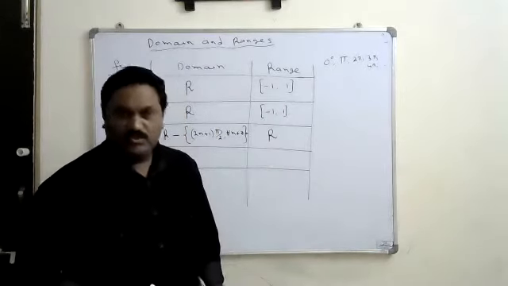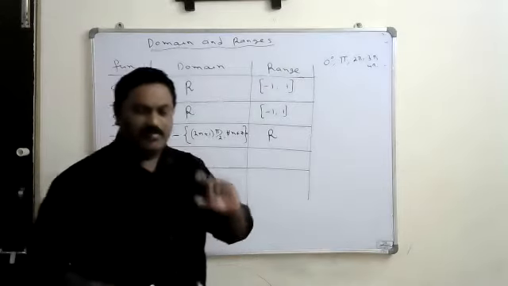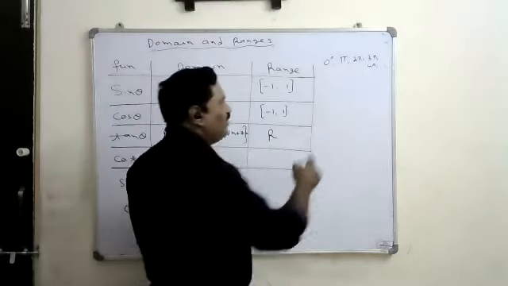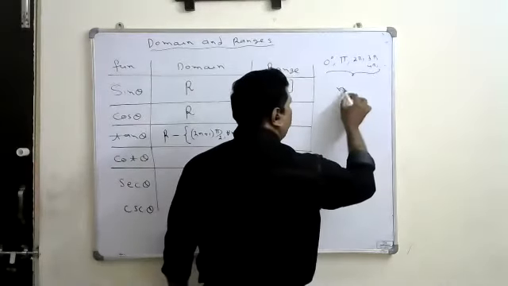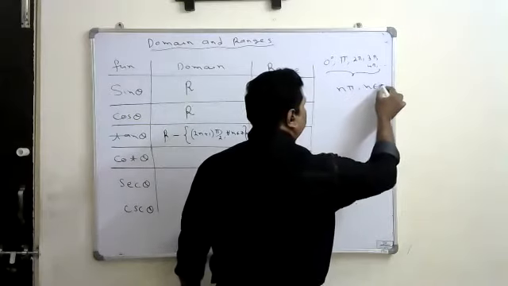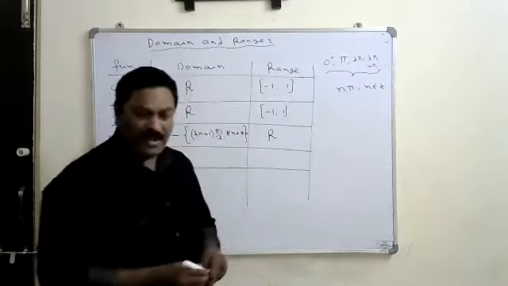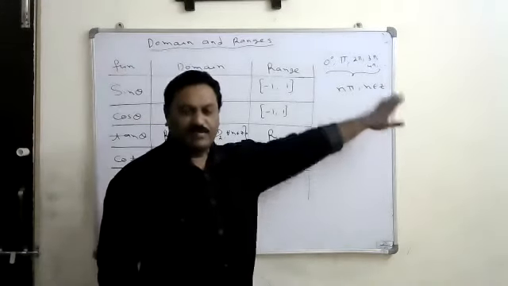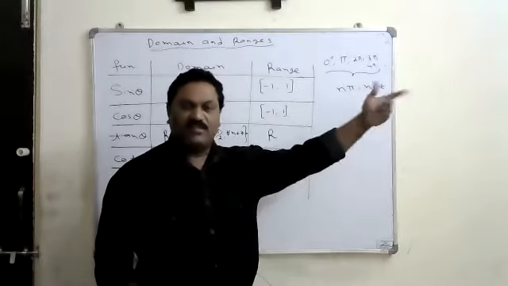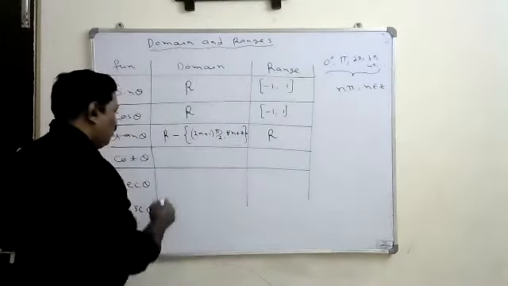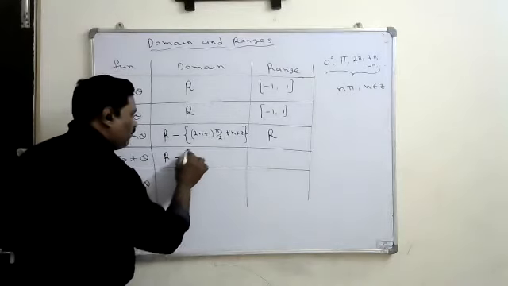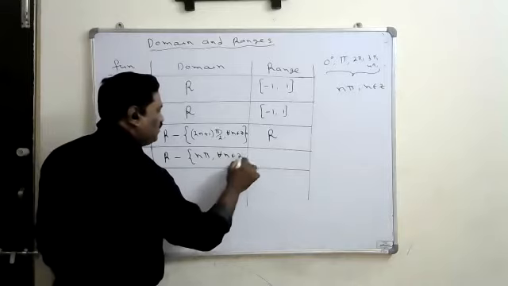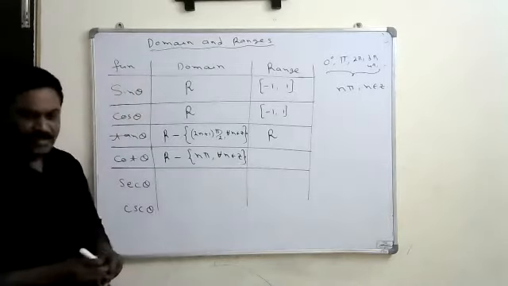Those angles represent integral multiples of pi. So all these values together, we can write simply as n pi, where n is an integer. Because cot of n pi is not defined, except these values we can take any other value. Therefore, the domain of cot is R minus n pi. This is the domain of cot.